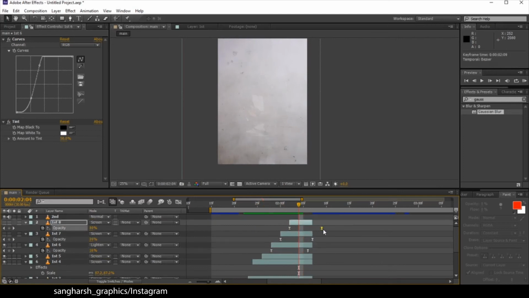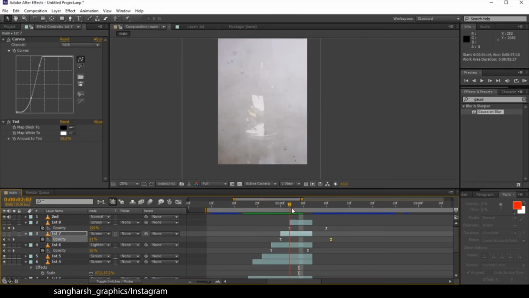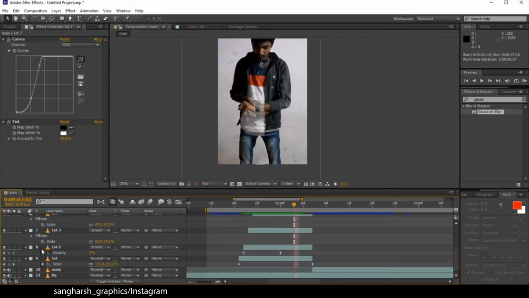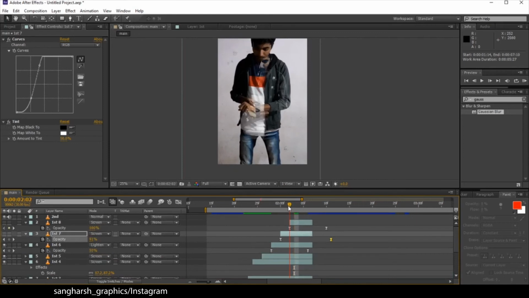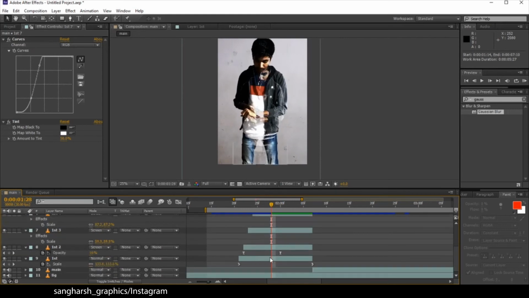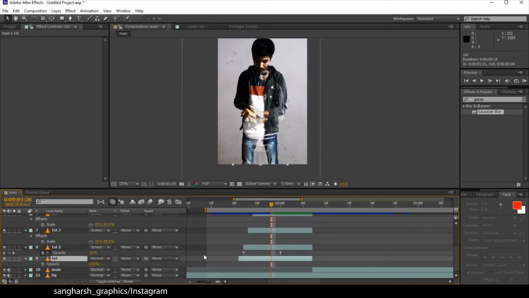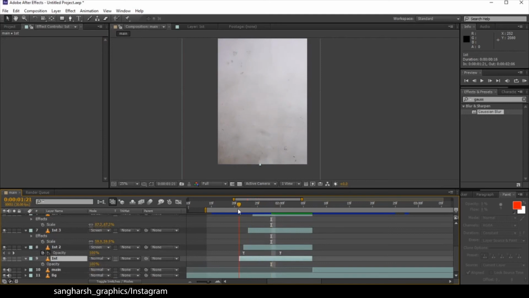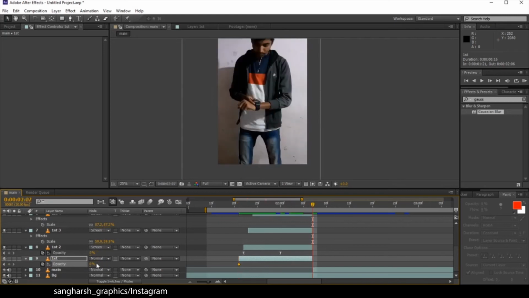Let's just drag this opacity keyframe a little bit more forward. This one also needs to be duplicated a couple or more times. Just make this one on for now. Let's do one thing, select this one, press T to open opacity. At first let's make the opacity 0, add a keyframe on 0, and at the end let's make it 100%. Let's have a look at what we have for now.